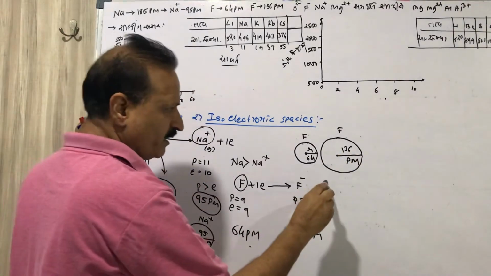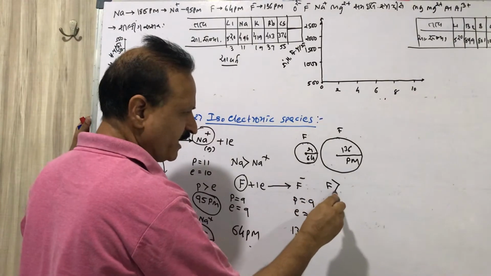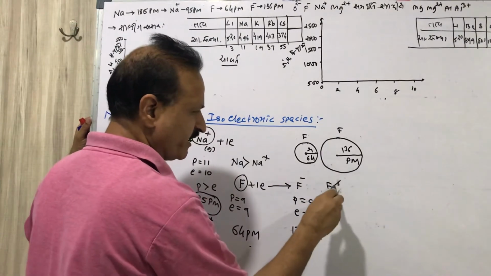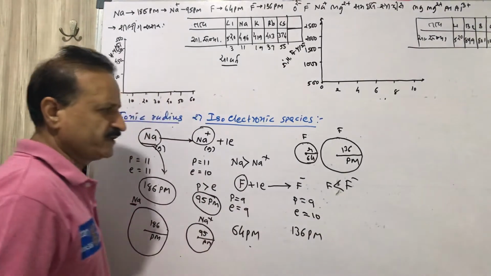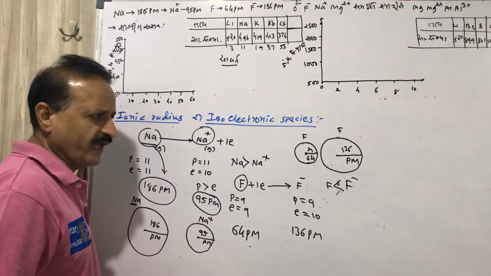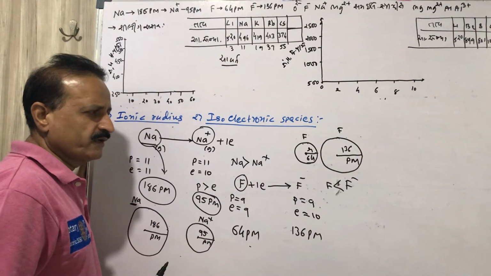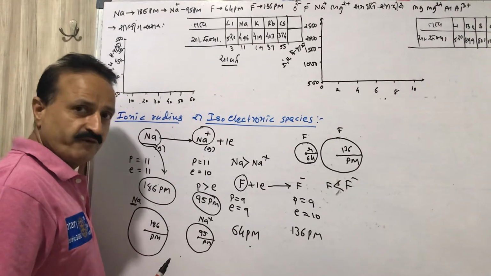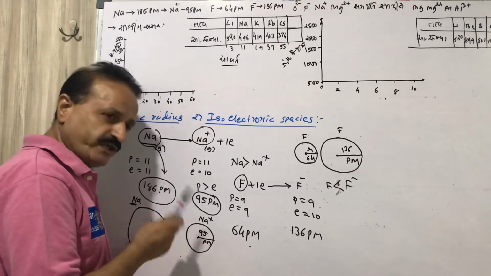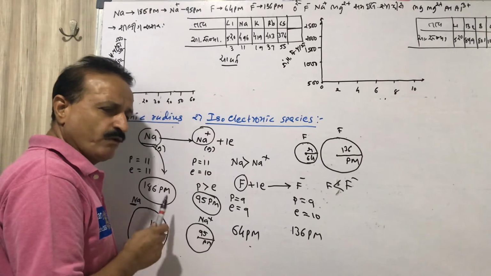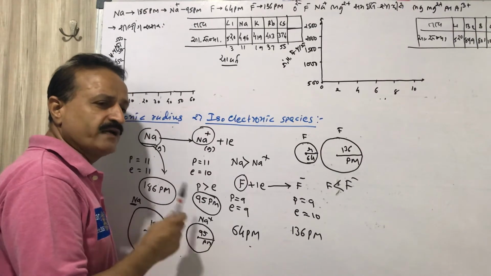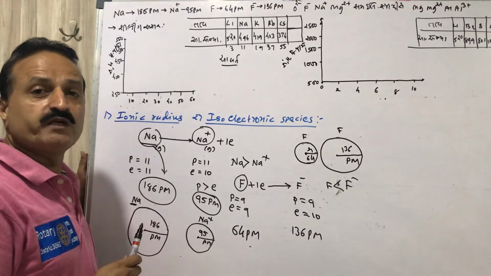It means the parent atom is always smaller than its negative ion, while in a positive ion the size of the parent atom is always higher than its positive ion due to